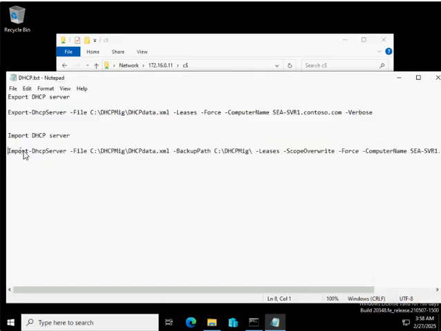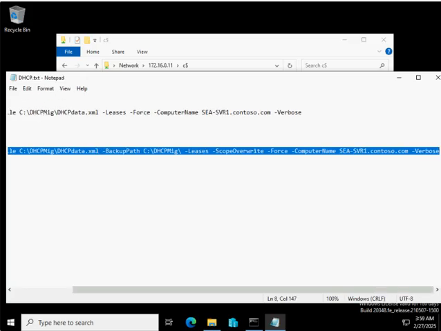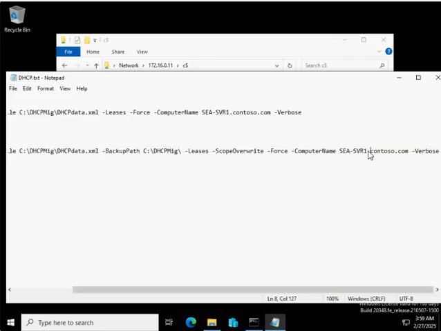So I have to use this import command, and the server name should be 2.